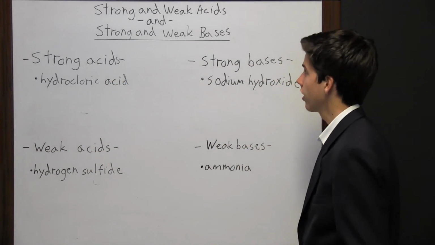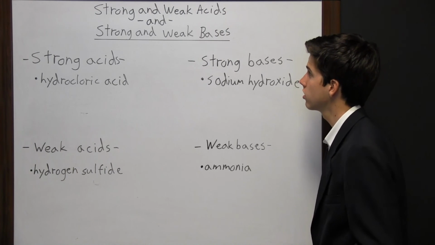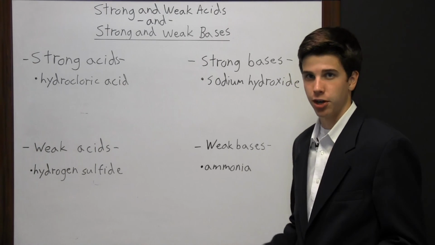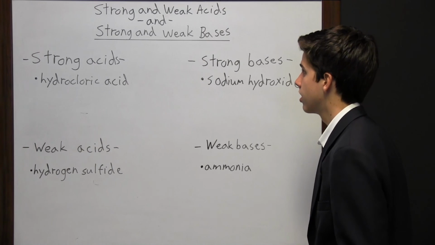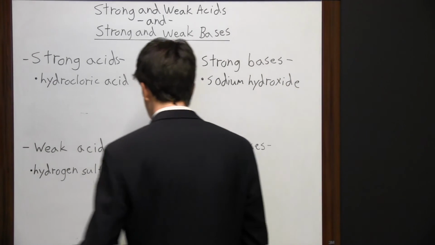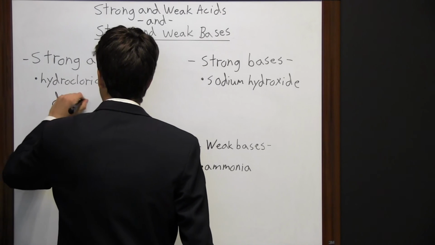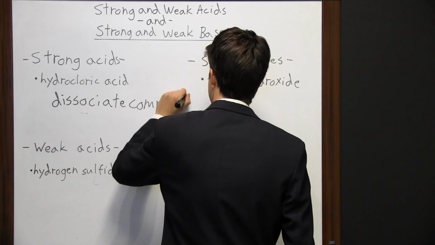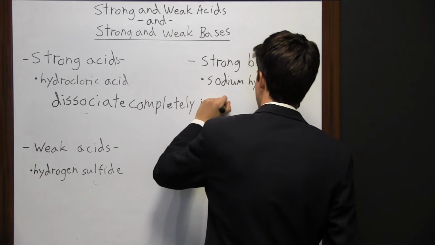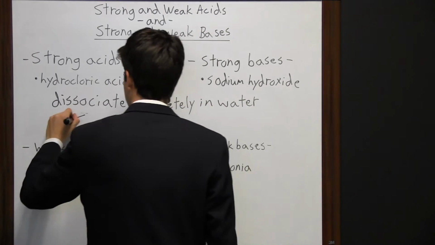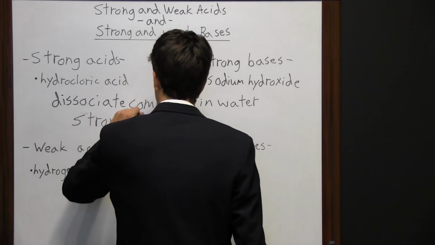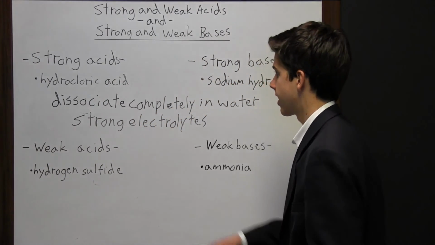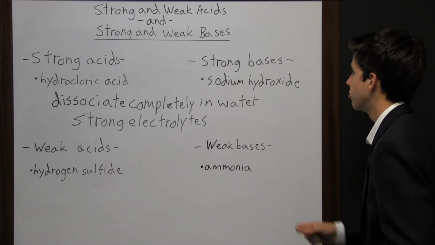We're going to take a look at strong acids and weak acids, as well as strong bases and weak bases. Now, strong acids and strong bases obviously have their differences because one's an acid and one's a base. But they do have two things in common, and that's that strong acids dissociate completely in water, 100%. And they are also strong electrolytes. Now, an example of a strong acid is hydrochloric acid, and an example of a strong base would be sodium